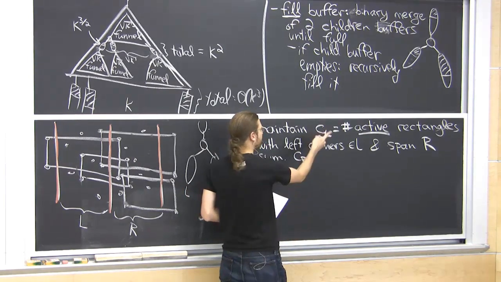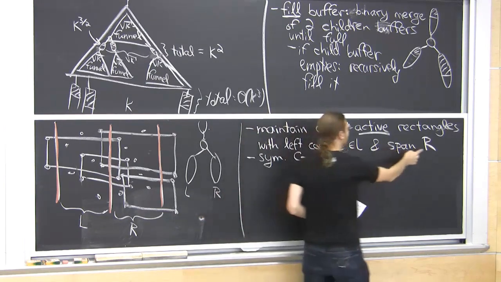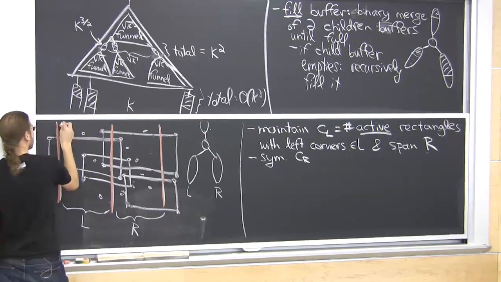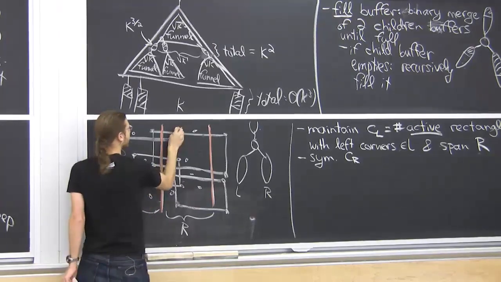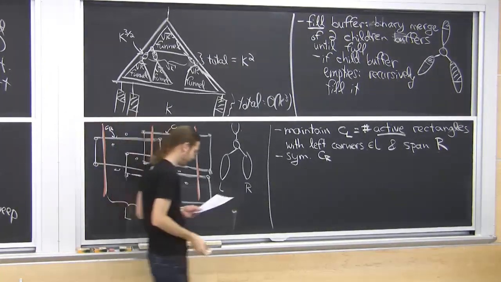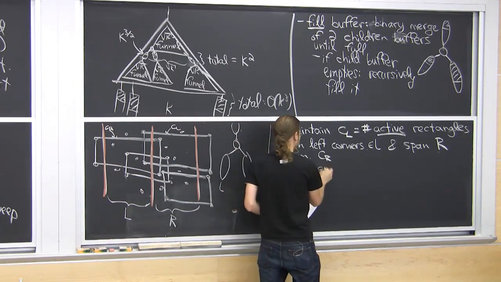It's the number of active rectangles with the right corners in R that span L. So that's this guy, CR, I guess, and this guy is CL. In general, there might be a lot of them, so you count them. And then the only thing we need to do